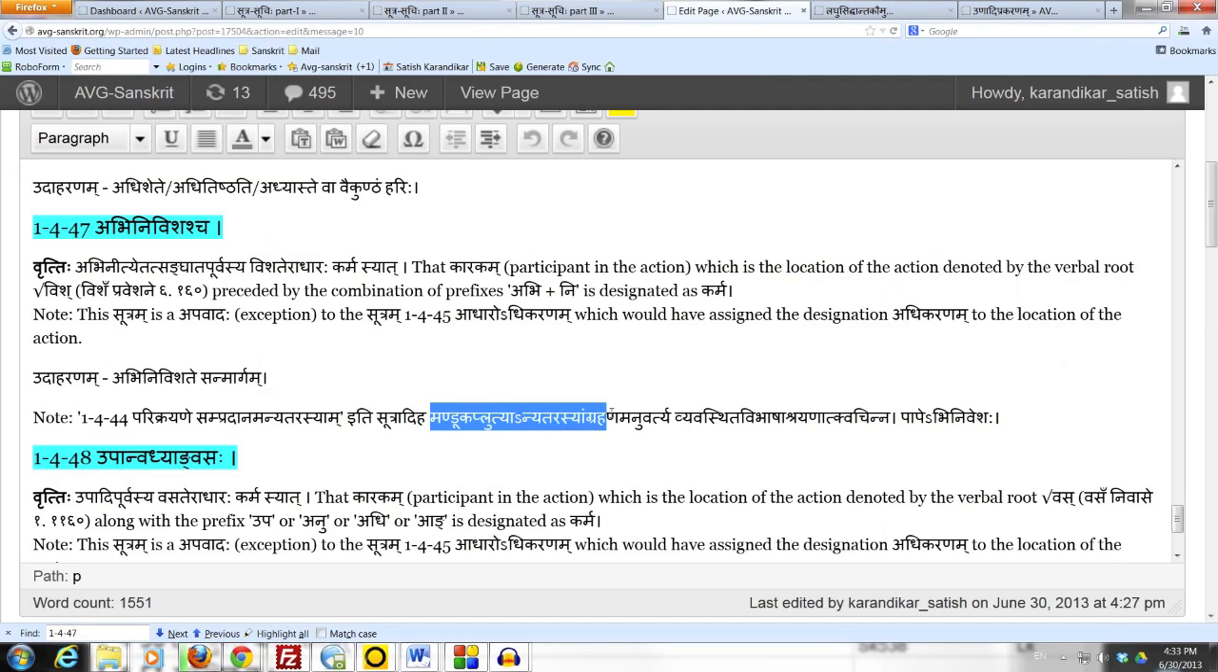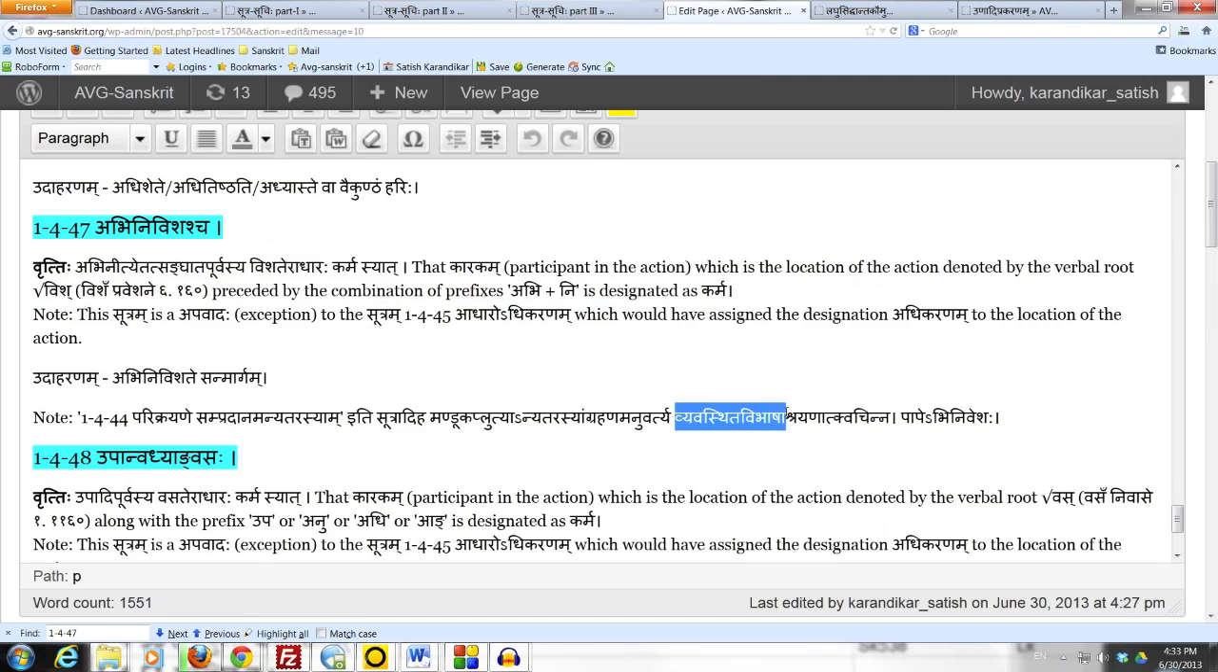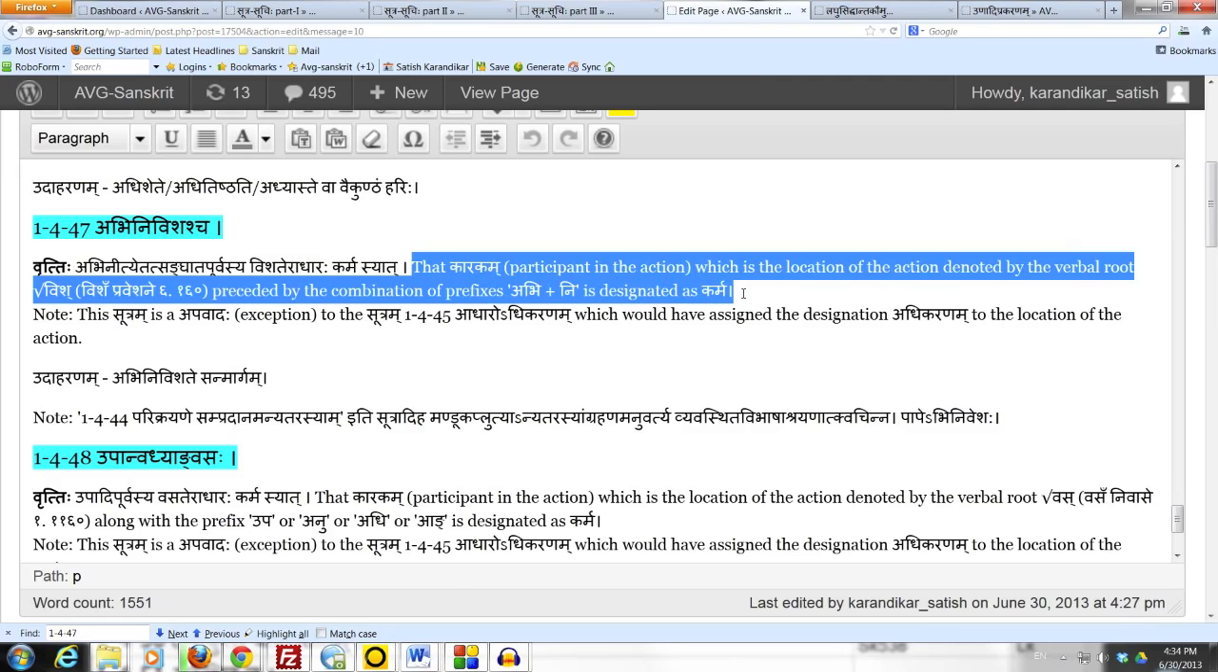Every time you have abhinivish, the karakam which denotes the location gets the karma sanya optionally and the adhikarana sanya optionally in every case? The answer is no. It's what is called as vyavasthita vibhasha, which we have seen previously. Vyavasthita vibhasha means that the optionality has an order to it, and the structure here is that it's only in a few cases, such as pape viniveshaha, that the adhikarana sanya is assigned. In the remaining cases, the karma sanya is always assigned to that karakam, which is the location of the action